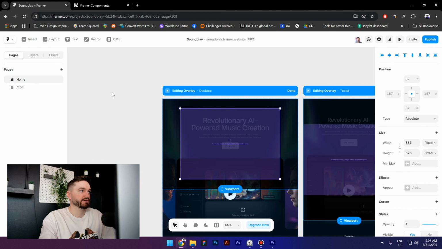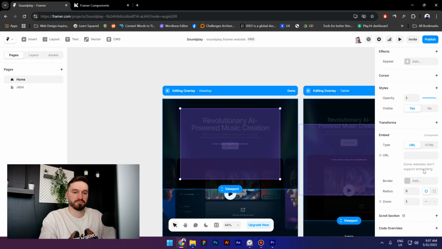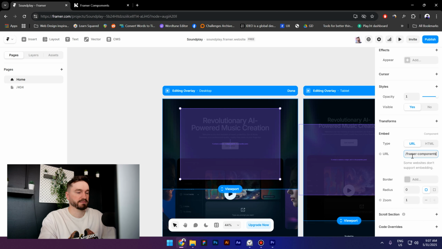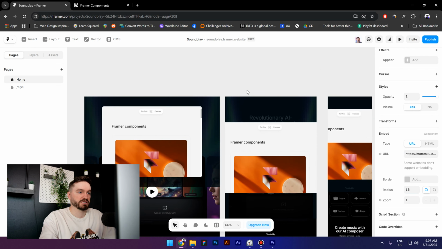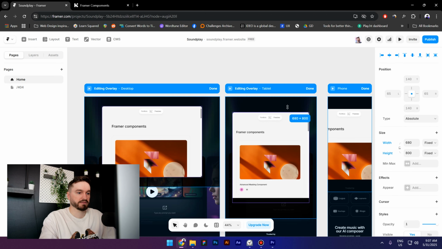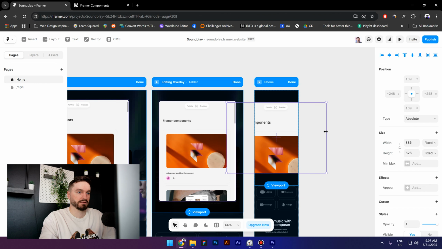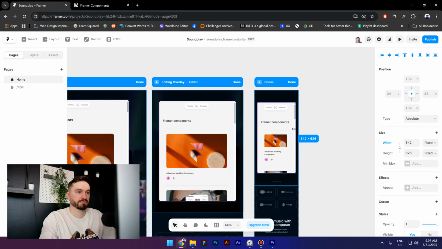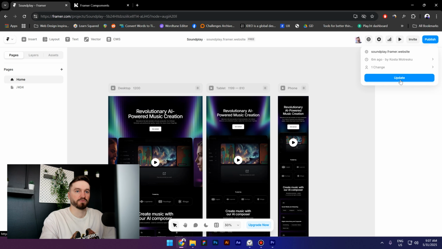And now go to the website you want to copy. So I will select my website, then press the URL inside, add a radius of 16 pixels, go to tablet, make it taller maybe, something like this, and on mobile I'm gonna make it less wide. And now I'm gonna click on publish,